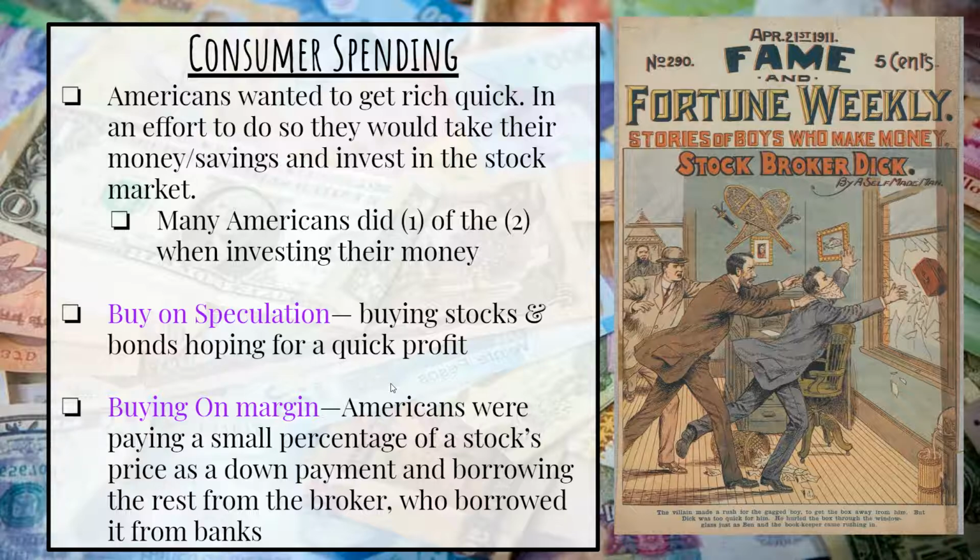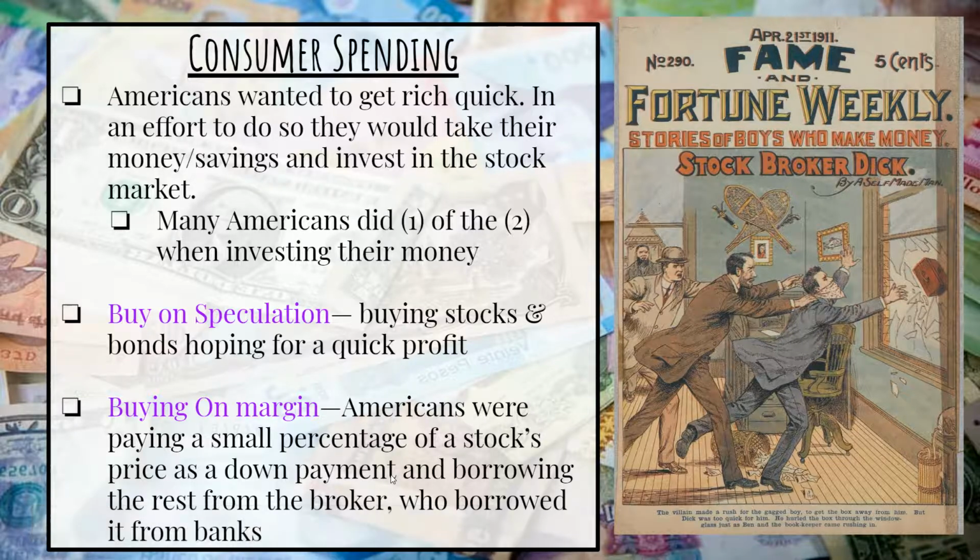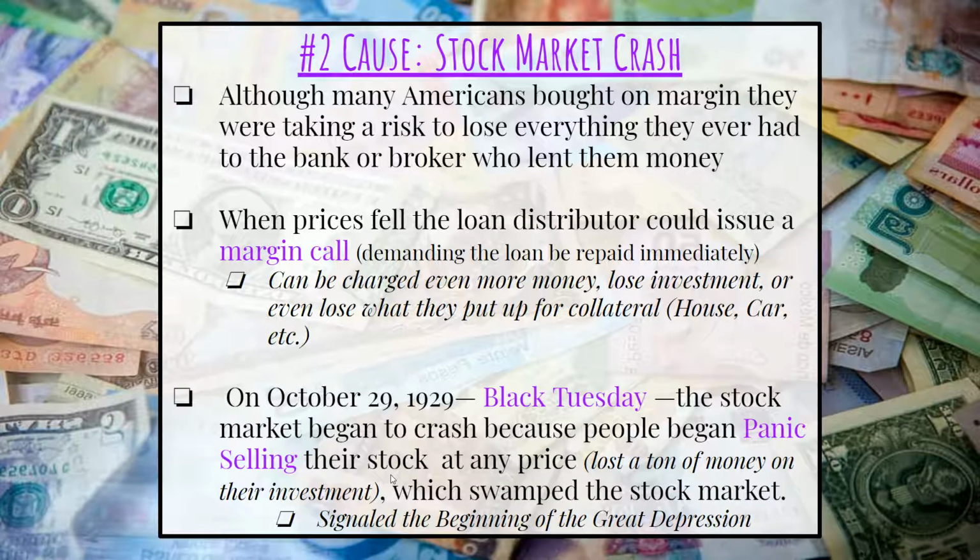So at any point in time, that broker could request a margin call and demand you to pay it back. But how you bought on margin, let's say if you needed to borrow $1,000, you'd have 10% down. You'd give that broker $100 and you'd say, I'm going to use my car as collateral or I'm going to use my home as collateral in case I don't pay this back. And if you don't pay it back as soon as they implement that margin call, you're going to be screwed and you're going to lose everything immediately, which is exactly what happened when the stock market crashed.